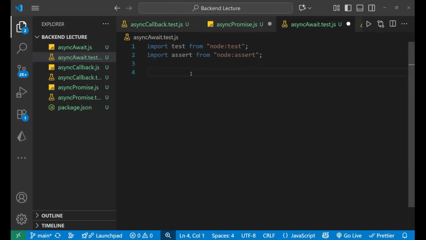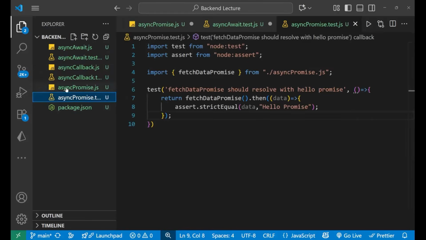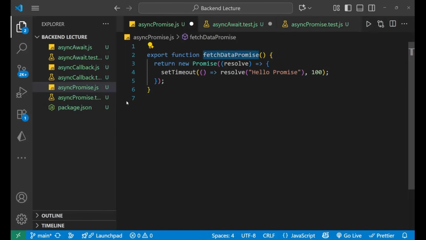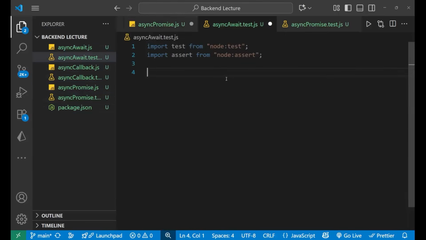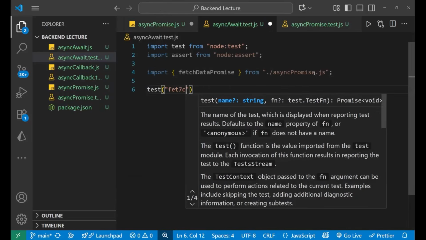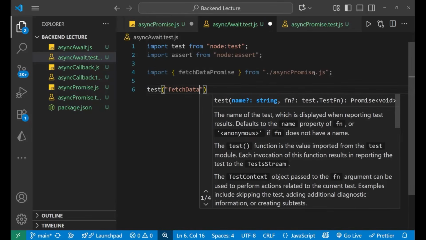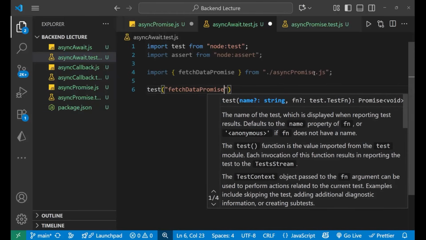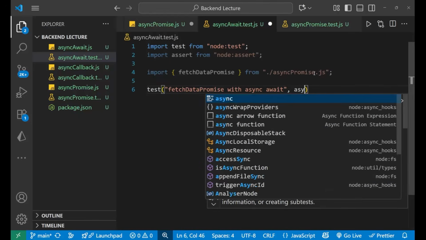After that, for this I'm going to use the same fetch data promise. I'm using this to show you how it works. So I'll write import fetch data promise from async promise.js file. And after that, let's write test, and let's write the name of the test: fetch data promise with async await. Let's put a comma and write async,